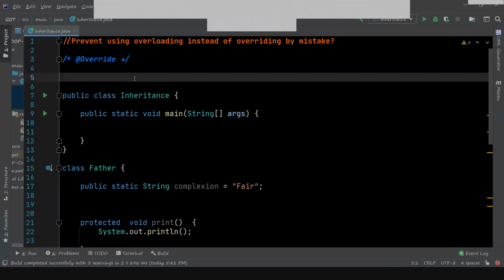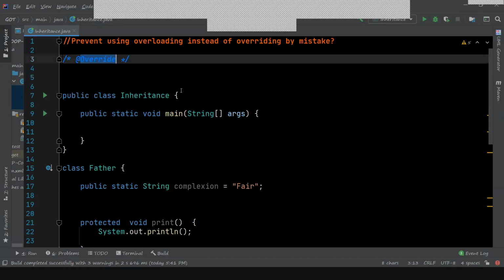It is a very handy annotation, and you should practice doing it. It helps the compiler understand that the method is overridden, it will provide a warning if there are any mistakes, and it also increases readability. So the answer to how to prevent overloading instead of overriding mistakes is using @Override for all overridden methods.